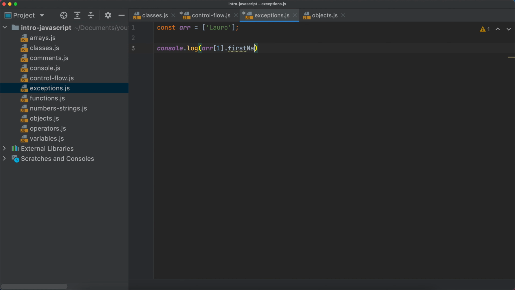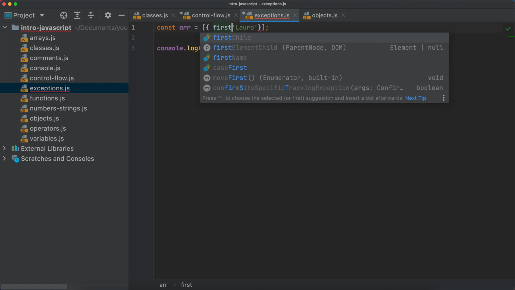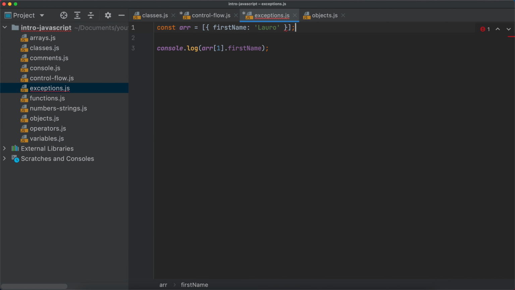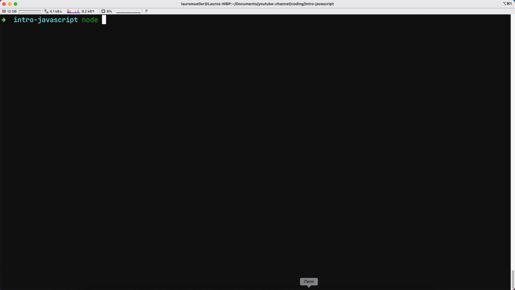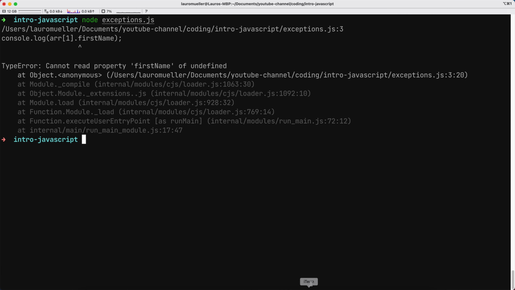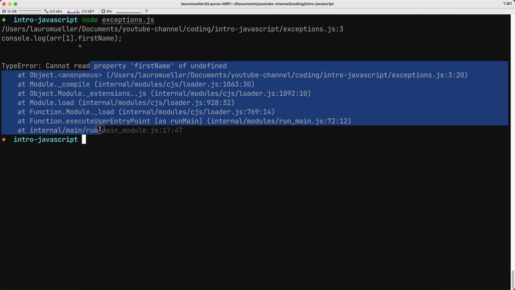array1.firstname. Right, so say that for some reason I got confused and I thought that this was an array of objects, or actually even better, let's make this an array of objects. First name Lauro, like so. And then for some reason I thought that I would have a second element in this array, but I don't really have a second element. So if I were to save this and run this here with node exceptions, I'm going to have some weird message